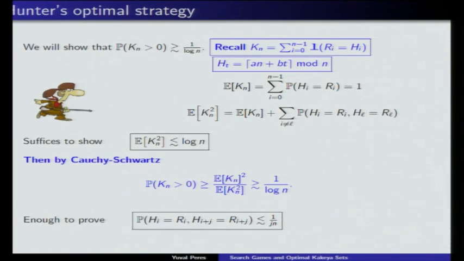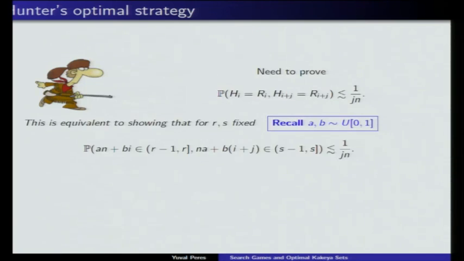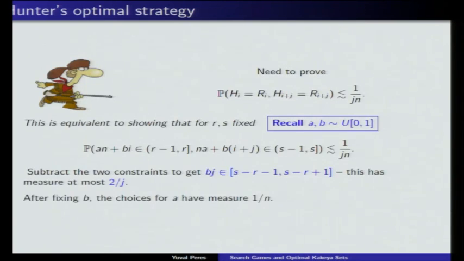Another way to interpret this is, given that they collide at time i, the chance of another collision j steps later is at most 1 over j. And this is easy to see geometrically or by writing down the equations. Maybe I won't go over that in detail, but it's very easy to see, just a property of random lines. Again, anyone who wants can show this later.